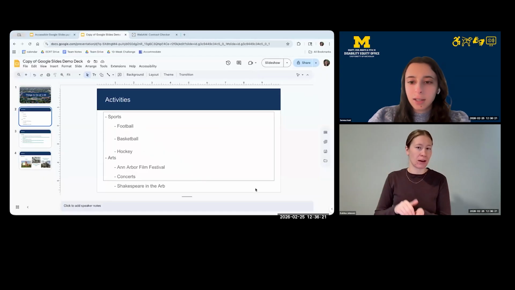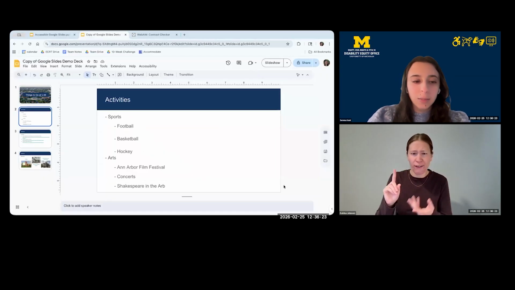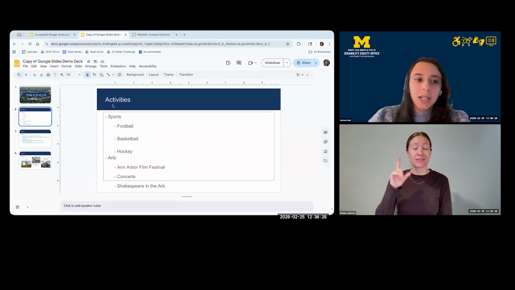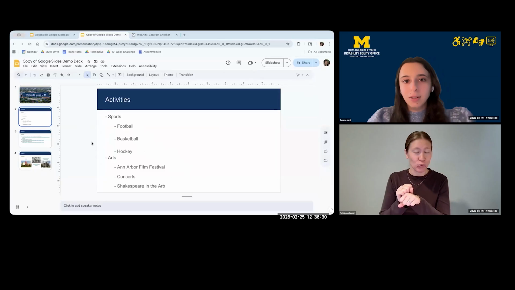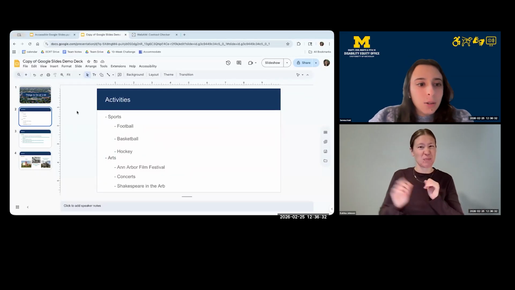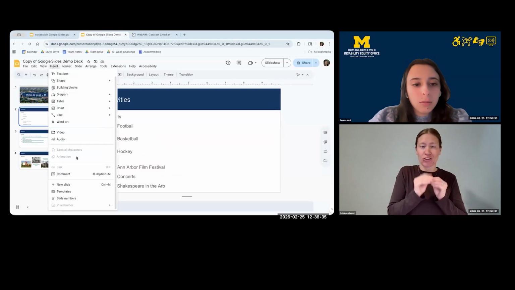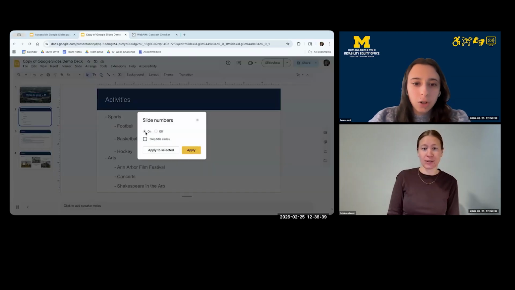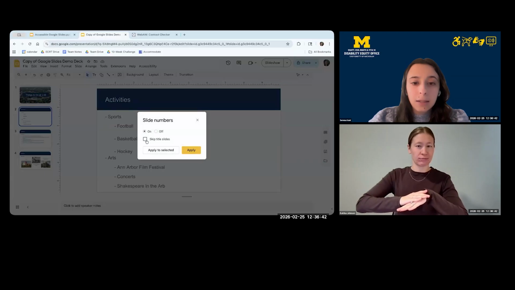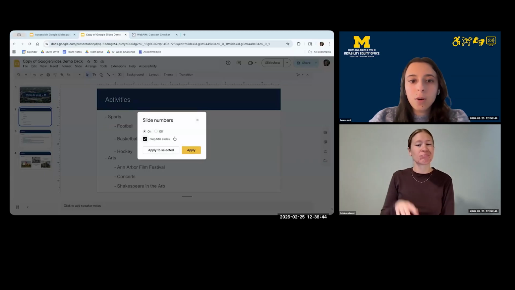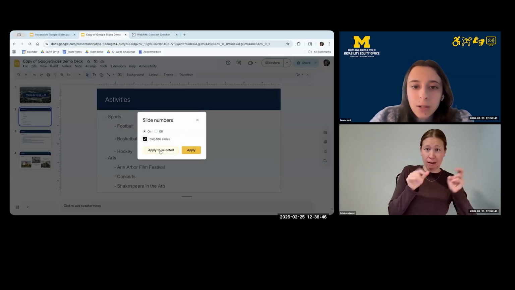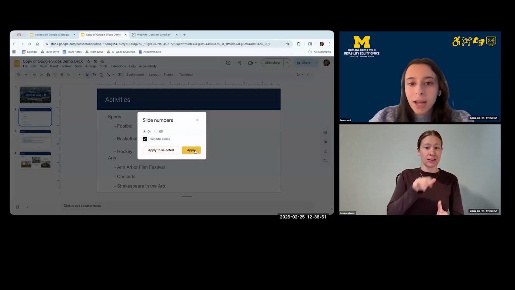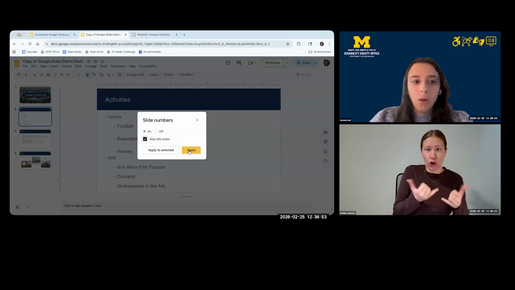And you might say, wait, where did the slide numbers go? I don't see them in the actual deck. That's because we still have to insert them into the actual slide deck. All we did was adjust the design. So I will click Insert Slide Numbers and turn that feature on. I can skip the title slide if I want to. And then if I click Apply to Selected, it will only do it to my current slide. If I hit Apply, it will do it to all of the deck.